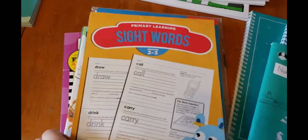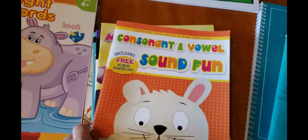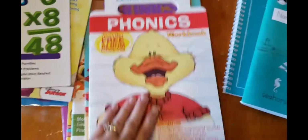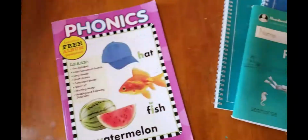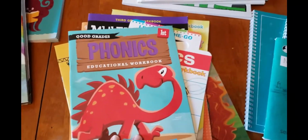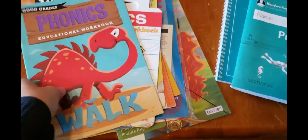And then from Dollar Tree, I always grab a bunch. So if I'm busy, we got these science worksheets, sight words, letters, more sight words, sounds, Minnie Mouse alphabet, multiplication, phonics, more phonics, time and money, reading readiness, and more phonics. So if I'm super busy, I can hand them one of these books and they can usually just work on these independently. That's what I love about Dollar Tree: they have so many different workbooks, and for $1 each,